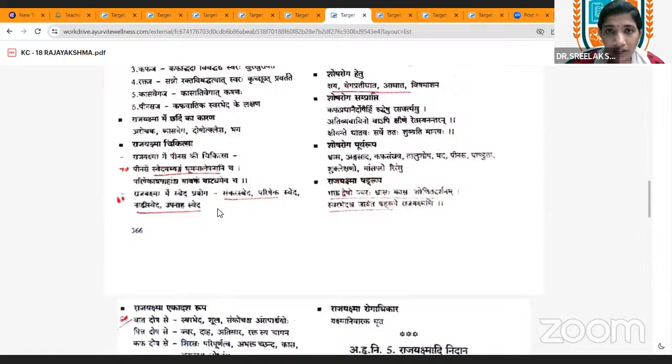And if Atisara is present in a Rajayakshma patient, we can give Grahani treatment, and Atisara treatment can also be adopted. And in case of Prasheka, which is the common type of complication associated with Rajayakshma, mainly Vata Kapha dosha is the doshic predominance. We can give Snigdha Ushna treatment in Prasheka, and Jangala Mamsa is also advised.